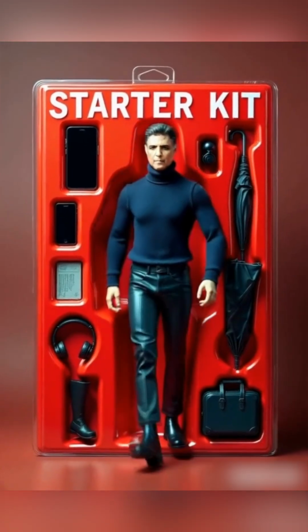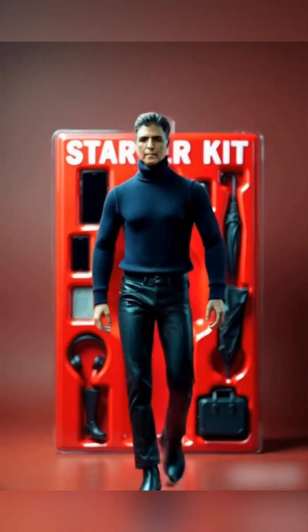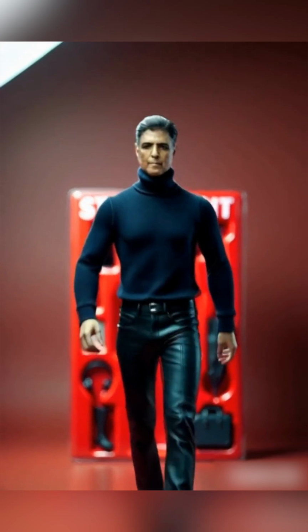Today, we will learn how to create such an amazing AI doll video effect using only our mobile phone